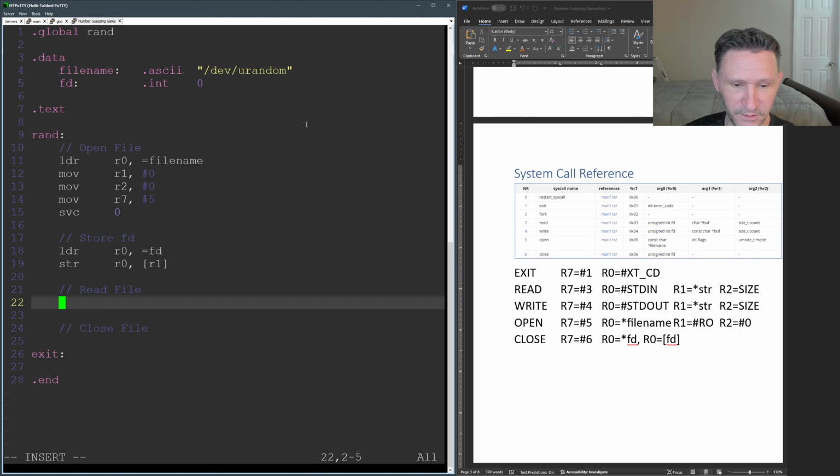Okay, so let's read the file. So in order to read the file, we need to move into register 7, number 3 for reading, or immediate value 3. And we need to move into register 0, but it's not going to be standard in. Now it's going to be,